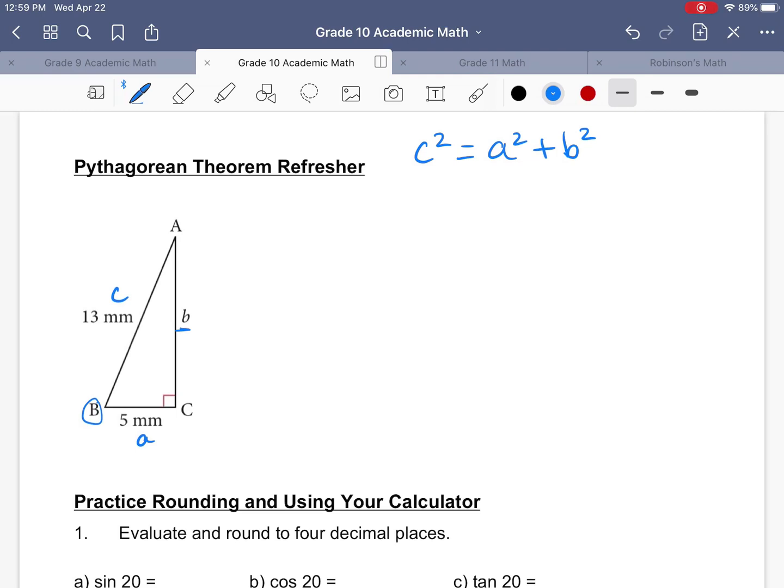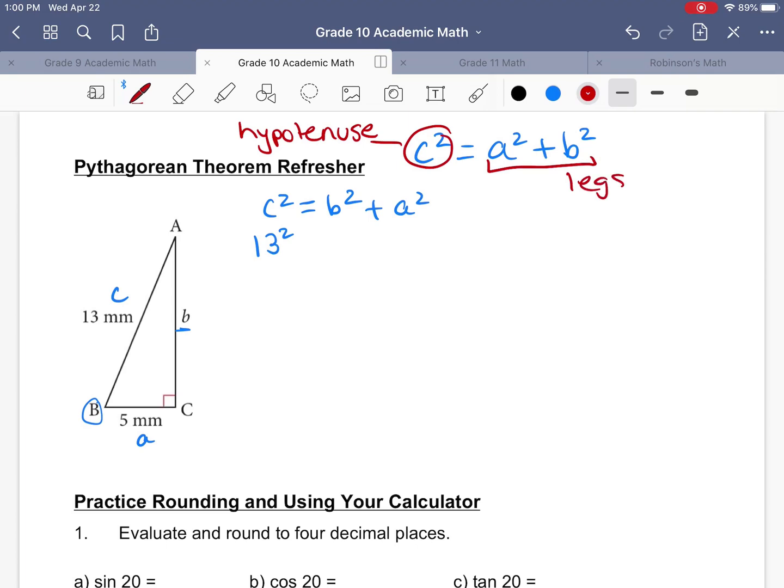So let's solve for side B using the Pythagorean theorem. We start off with our formula, and we are going to put in 13 for c squared because c is always the hypotenuse. The other two are what we call the legs, or the other two sides that are not the hypotenuse. So we end up with 13 squared is equal to b squared